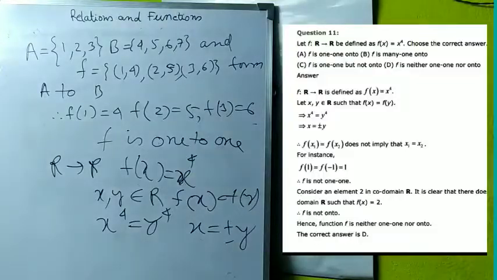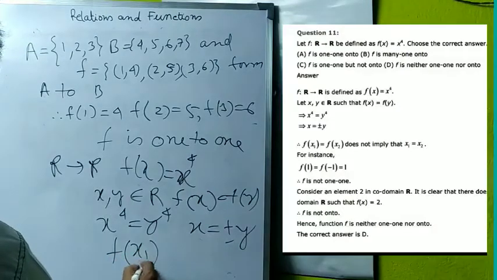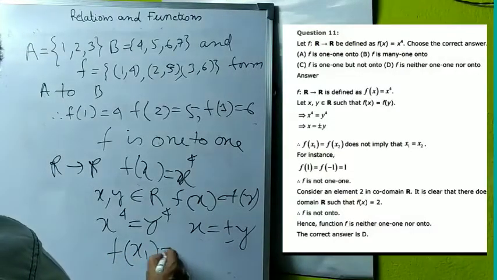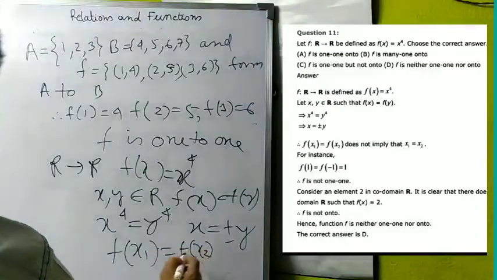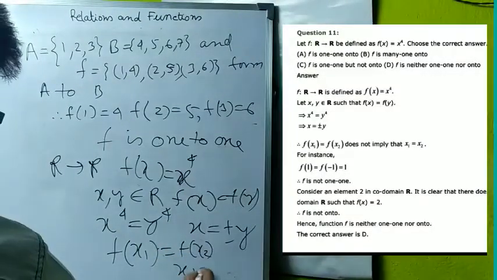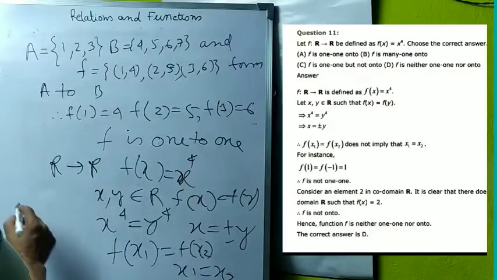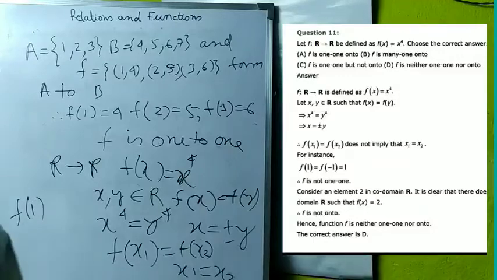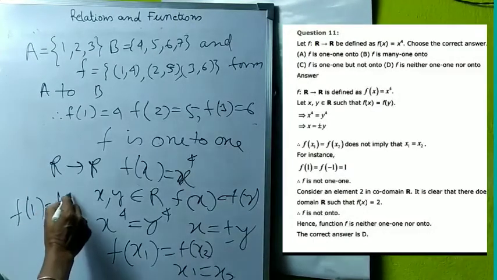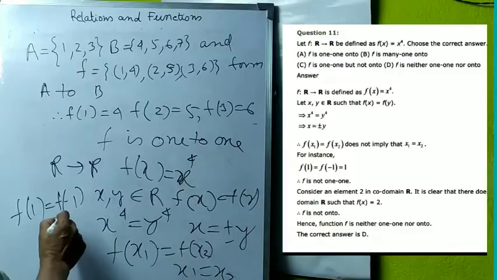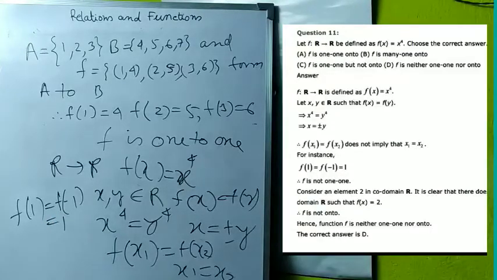That means f(x1) equals f(x2) does not imply that x1 equals x2. But how? Suppose f(1) equals f(minus 1) equals 1. That means f is not 1 to 1. That is why this function is not